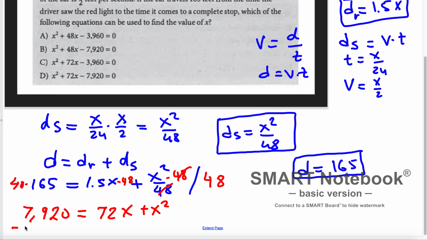And now I am subtracting both sides by 7,920 and this side by 7,920. This cancels, is a 0. So here is going to be 0. And this here is x squared, and now plus 72x, and minus